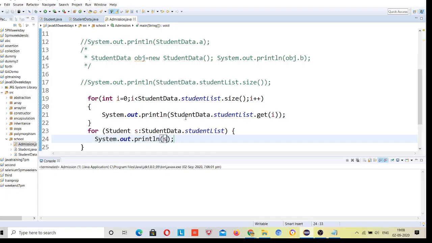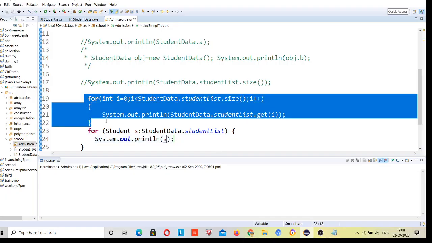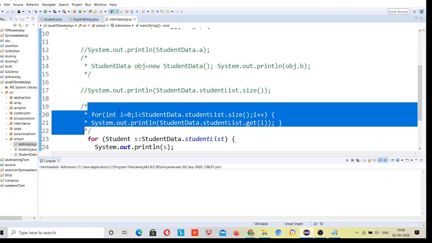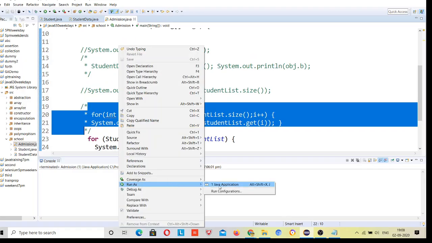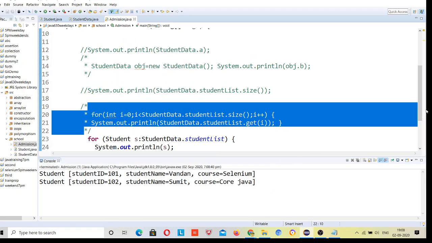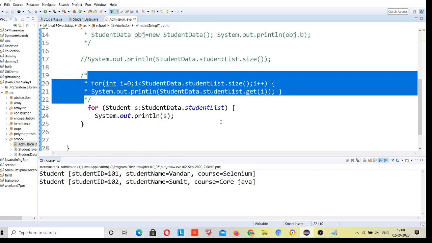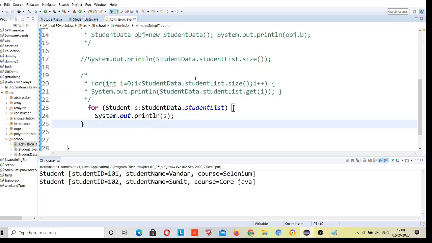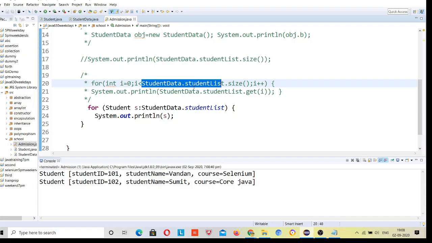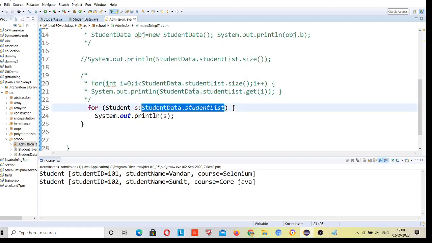Let's just remove this so that it is printed. But you can see data is printed. What I have done is, the same variable that I have passed here, I have used here also. This variable I have assigned to it.